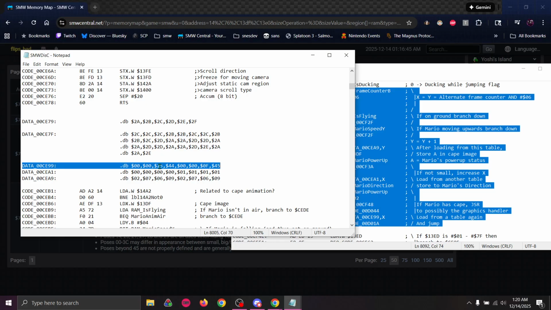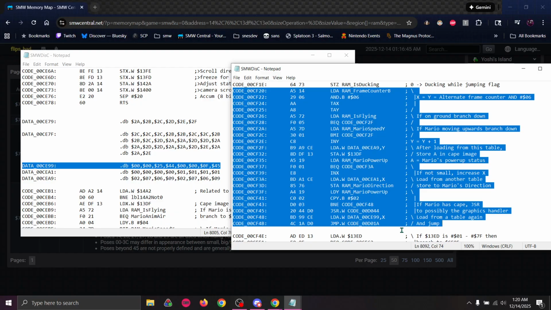But on frames 2 and 3, depending on whether or not he's big or small, these values will be 25 or 44, and then again 0 or 0. And then on the final 2 frames, it'll be either 0F or 45, depending on whether he's big or small. So what are these numbers used for? Well, if we actually go down to the routine it's jumping to,